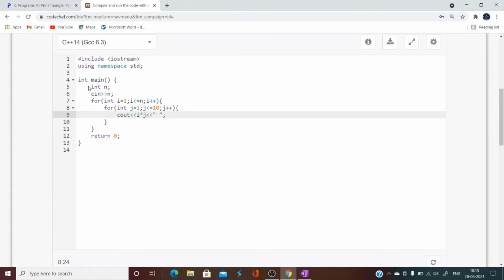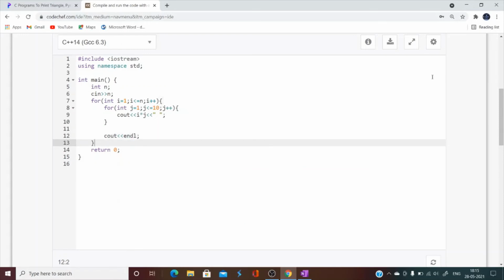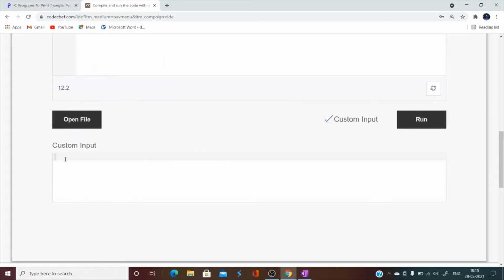Done. After completing the inner loop, I want to give a break. I want to enter the next line, cout endl, right? It is going to work.